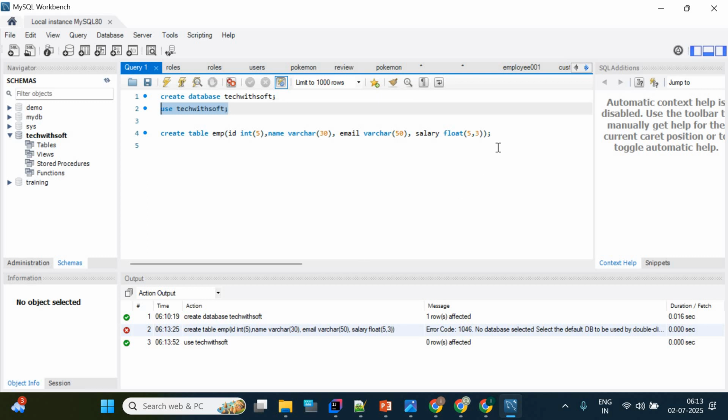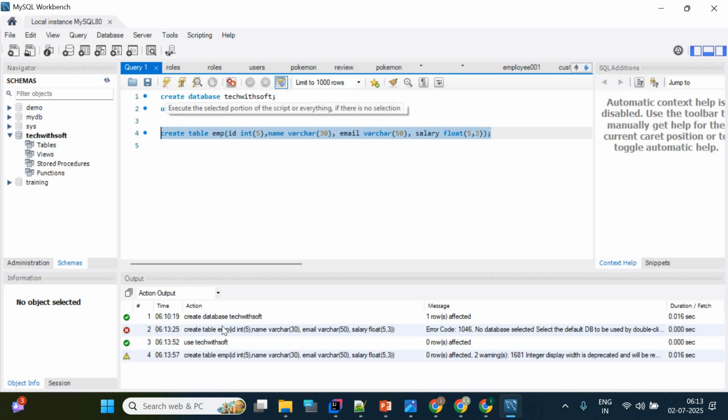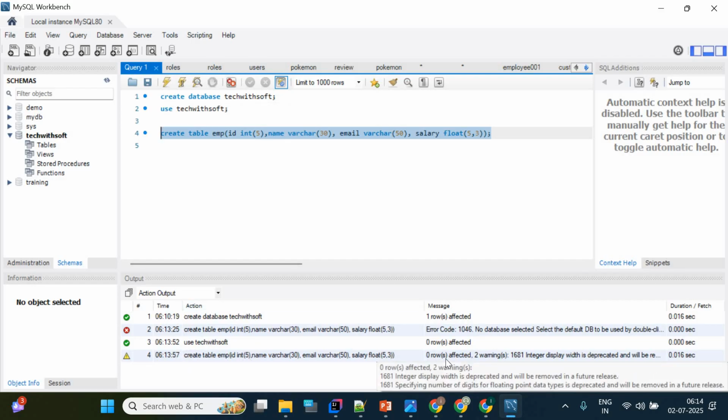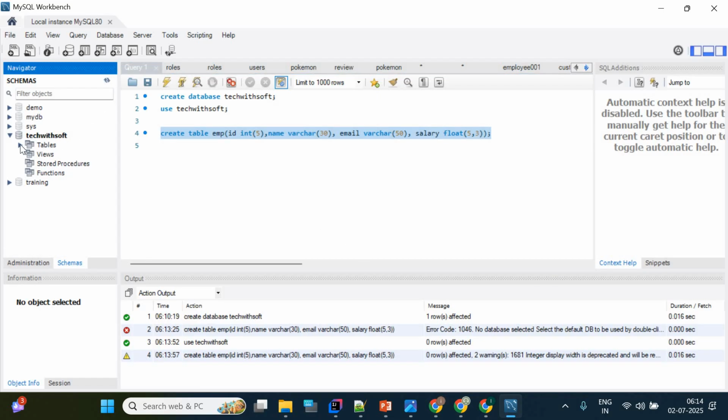Now the database is selected, tag with soft, and then I will select and run it. This time the create table has run. It is saying 0 rows affected because I did not insert anything in it, right? Only the table has been created. So I will refresh it and you can see here under the tables